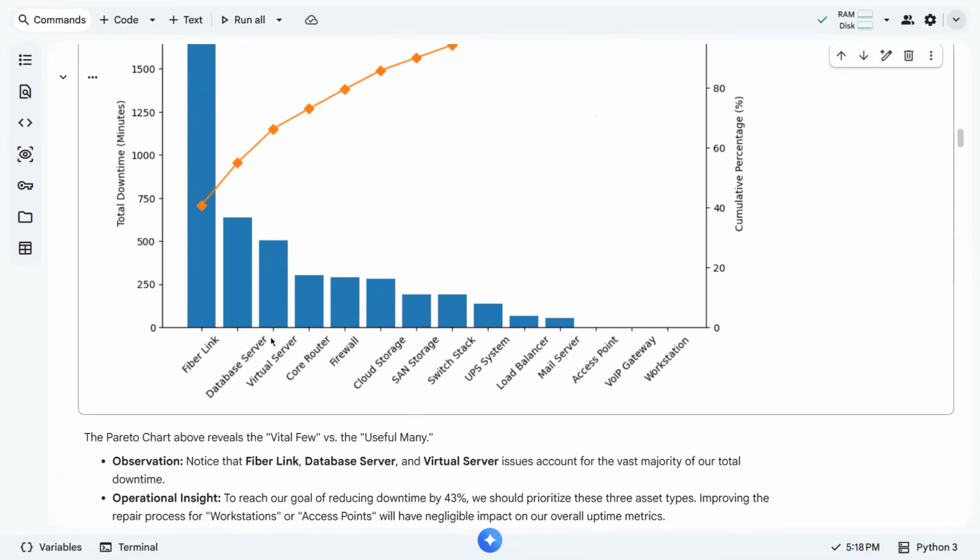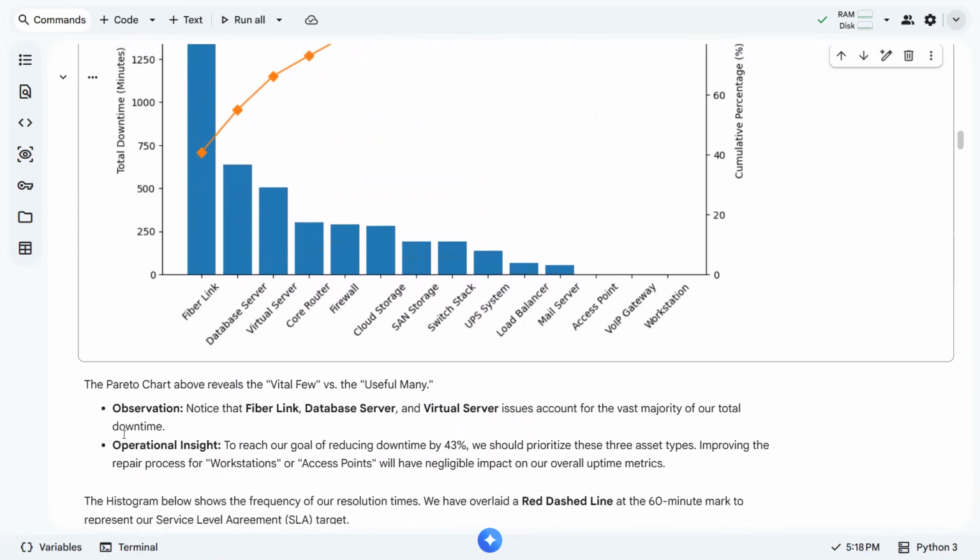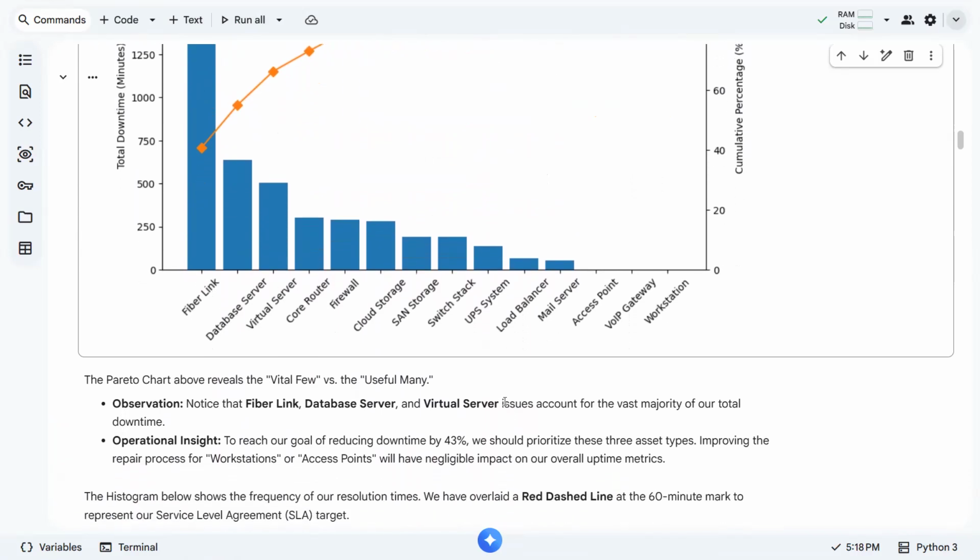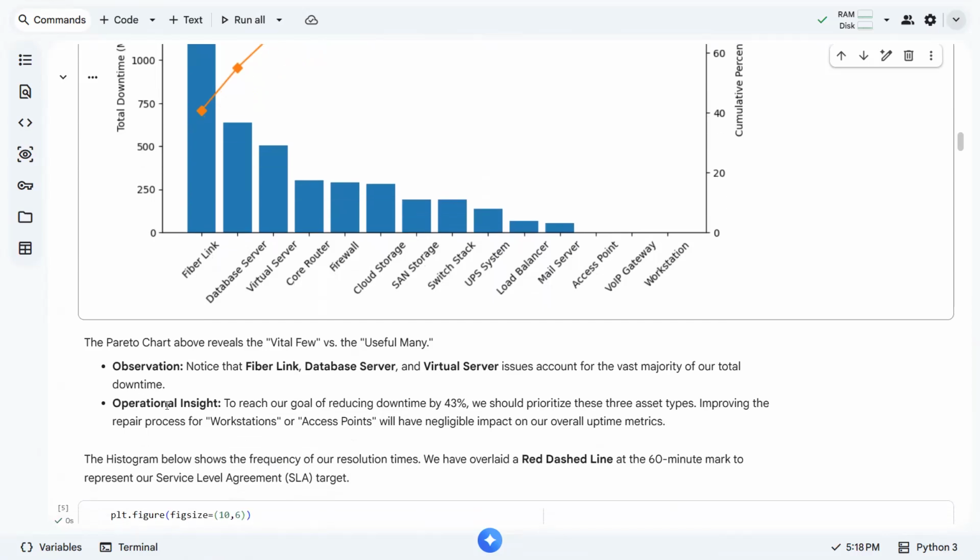So the 20% is covered by these three. Most especially the FiberLink. So the issues on these assets account for the vast majority of our total downtime. Okay, so that's why we pay attention to them.